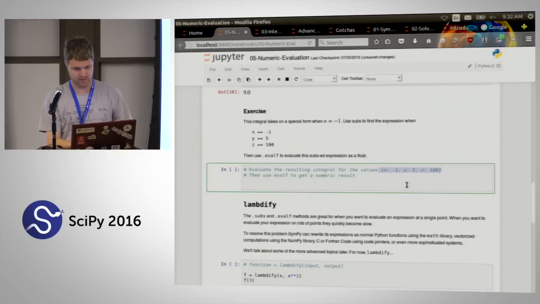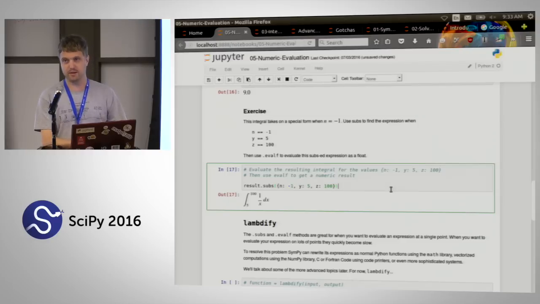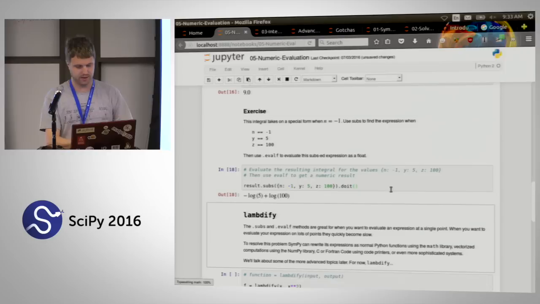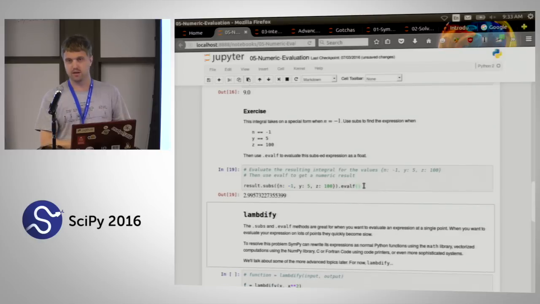Okay, so there's another exercise here. I'm just going to go ahead and do it. The exercise now is to take this one and use eval_f. So I could still do it, and that would give me this answer. But if we want to know a numeric solution,